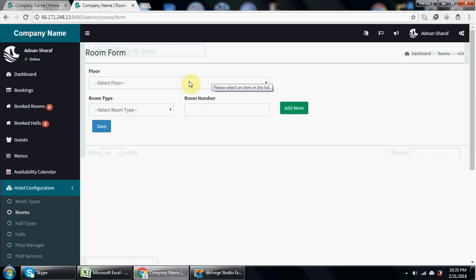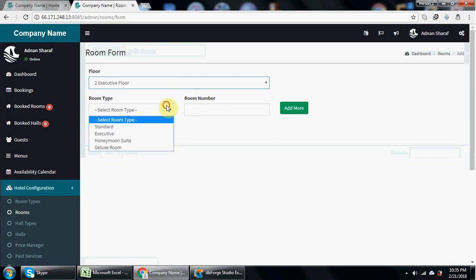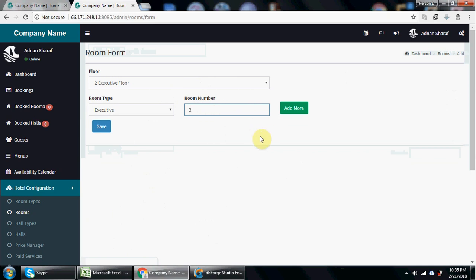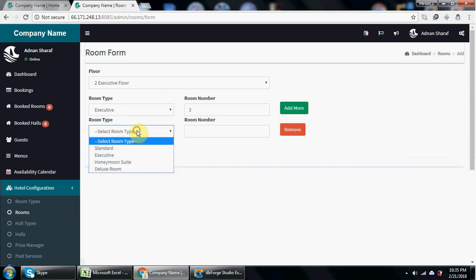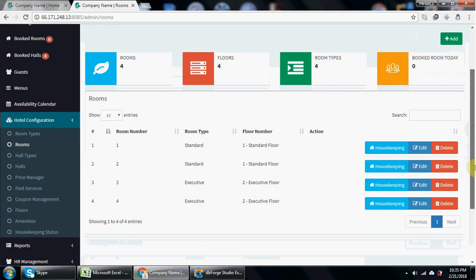As soon as we click the add button, it's asking, okay, you want to create a room, what floor do you want to choose this room for. So I want to say executive floor, room type I want to set is executive, room number 3 I said, and I want to add one more. So I want to say this is executive again, and this is room number 4. So click the save button, and I want to see if that room has been created. So you can see, room number 3 and room number 4 on executive floor with the executive room type